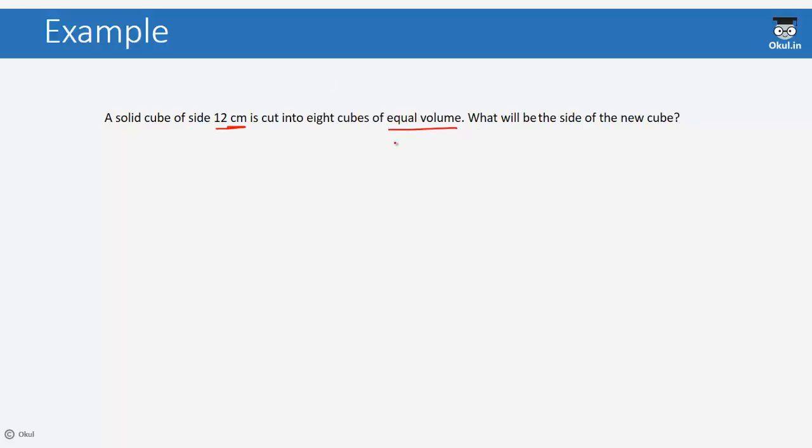The side of the solid cube is 12 centimeters, so we can calculate the volume of that big solid cube. Volume of the bigger cube will be equal to side cube, that is h cube. So h is equal to 12, so 12 cube,